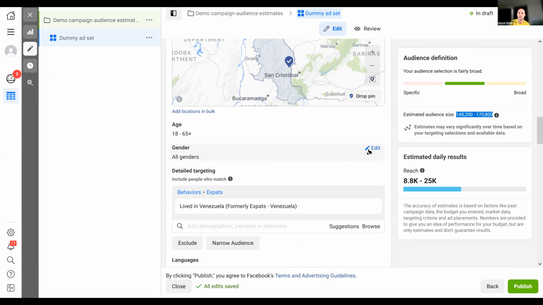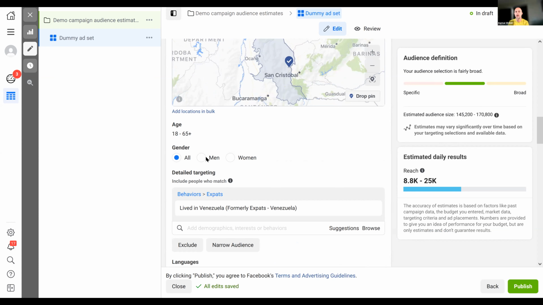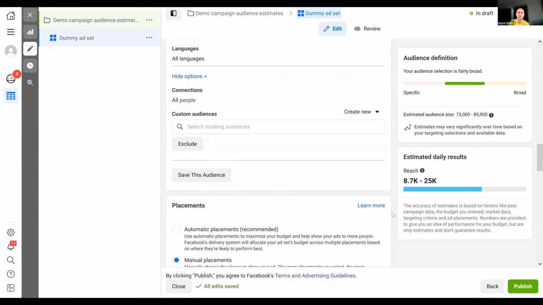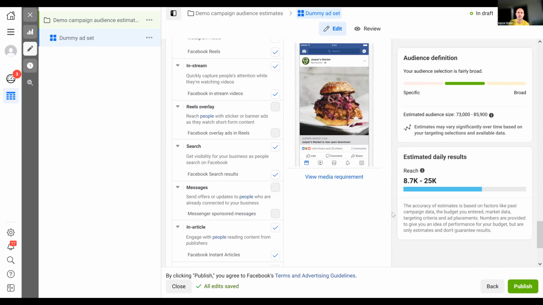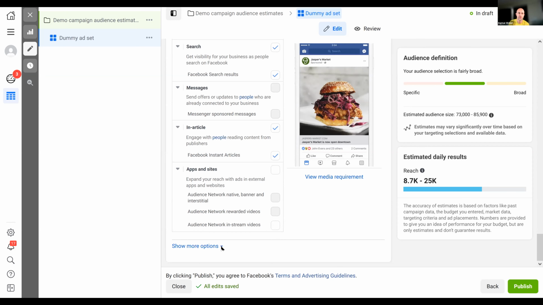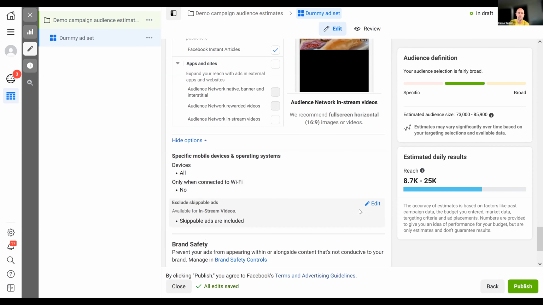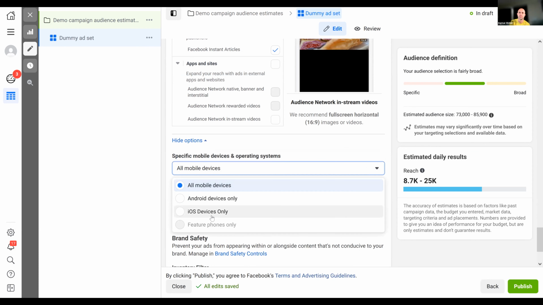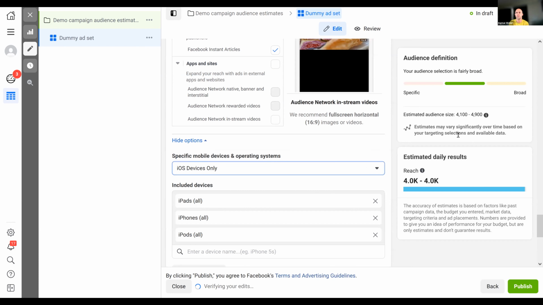I don't know if you can be more specific. I mean, you can combine this with limiting the gender, or you can also further limit this to device types. So you can look at, for example, how many of these users are using iOS devices, because typically speaking, iOS devices are more expensive, right, et cetera. And again, you get all of these estimates for free before launching the actual advertising campaign, right?